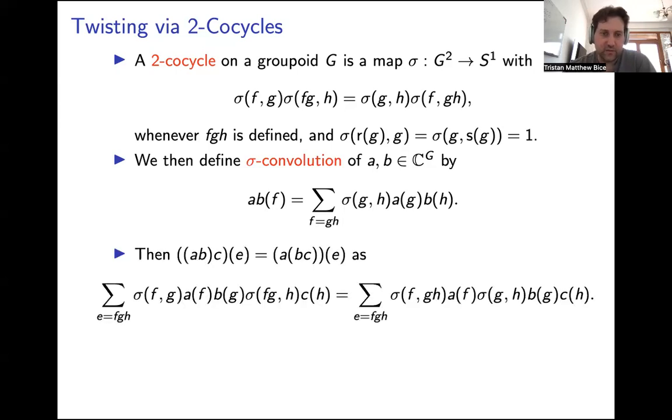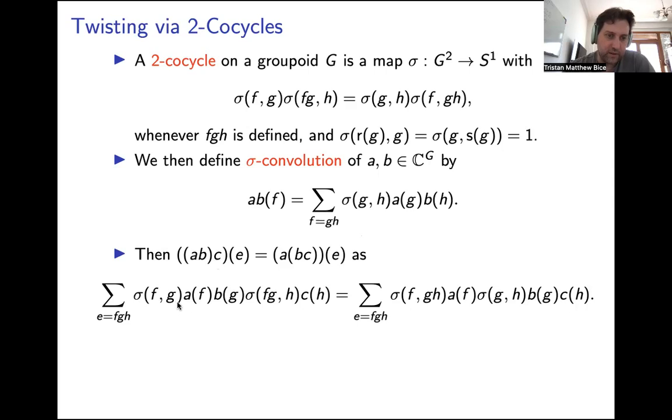And that defines this sort of twisted convolution. The first thing to really check is that this actually still gives you a kind of associative operation. And this is really where this defining property here comes into play. So if you consider what you would get at some point E of your groupoid, if you first multiply A and B by sigma convolution, and then multiply by C on the end by sigma convolution, you would first get